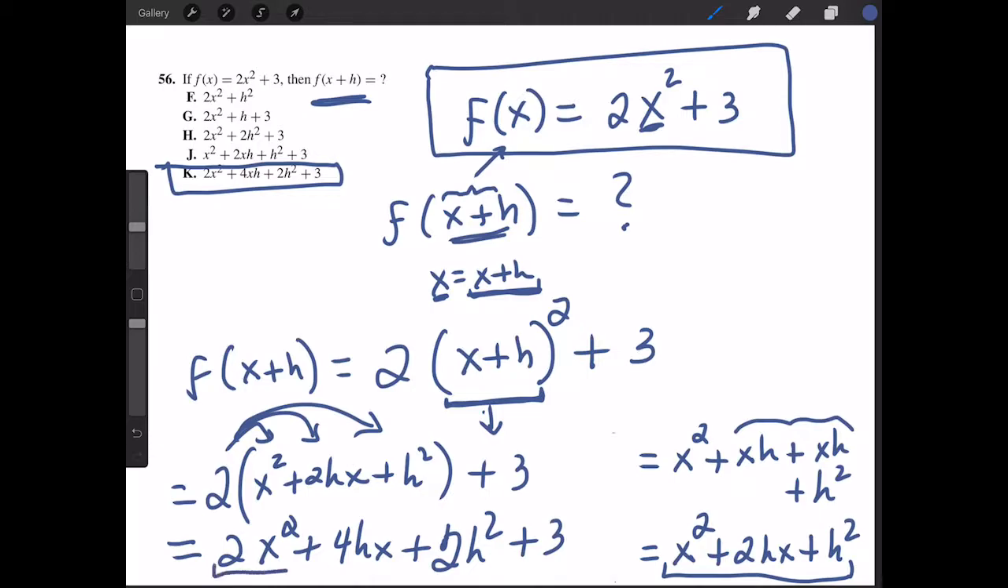Now, be careful. We can't really combine any of these terms because they're not like terms. The first term is in terms of x squared. The second term is in terms of hx. The third term is in terms of h squared. And then the last term, the independent term, is in terms of just the number. And so none of these are like terms, so you cannot